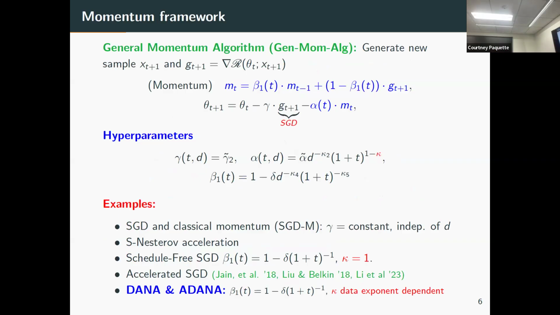We were working mostly with some form of our alpha and beta. Our alpha we assumed had a form like D to some power times 1 plus T to a power. And our beta also had some form like D to a power times 1 plus T to a power. So we're just working with schedules which are polynomial. This is to make the math easier, but actually in the high dimensional one, you can show that the optimal ones look like this.